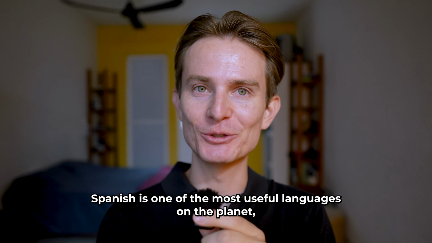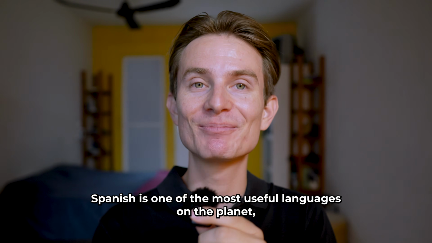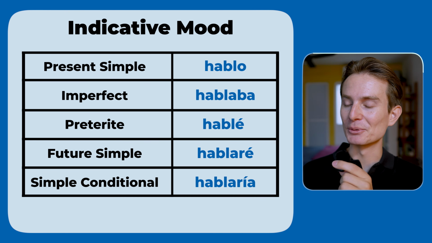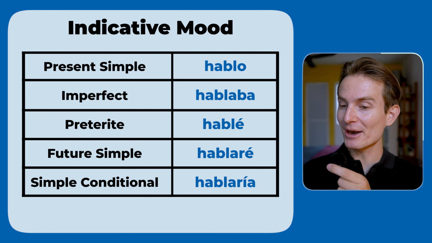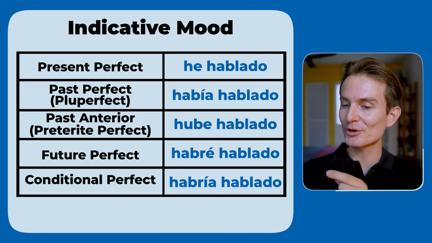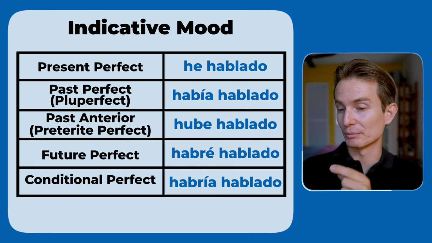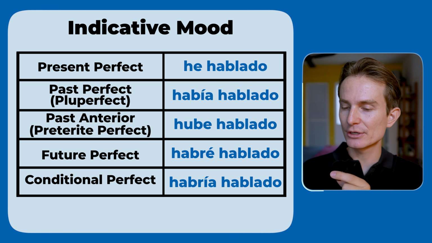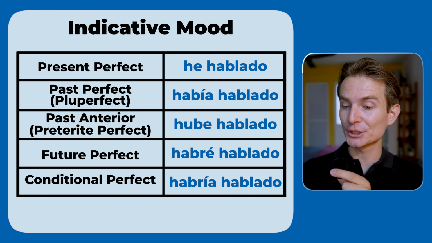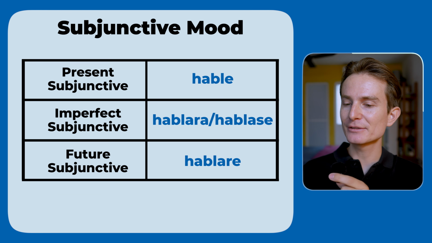Spanish is one of the most useful languages on the planet, and it's broken up into 18 different tenses. The present simple, the imperfect, the preterite, the future simple, the simple conditional, the present perfect, the past perfect or the pluperfect, the past anterior, also called the preterite perfect, the future perfect, the conditional perfect, the present subjunctive, the